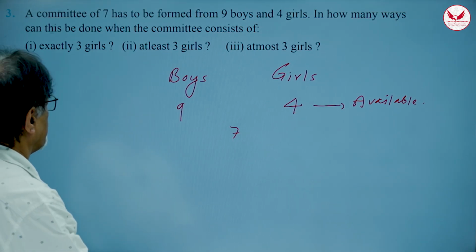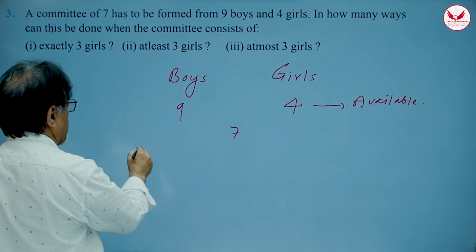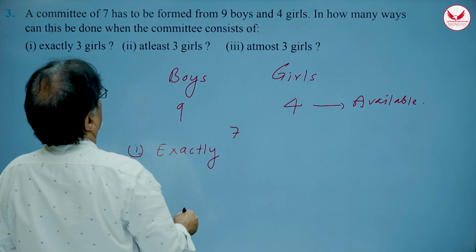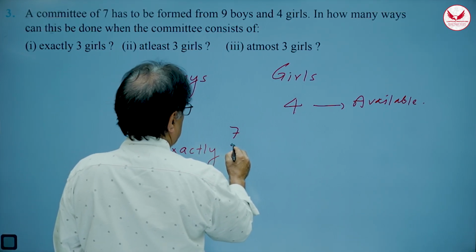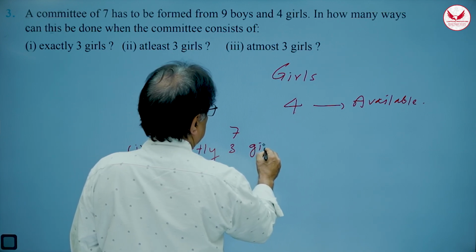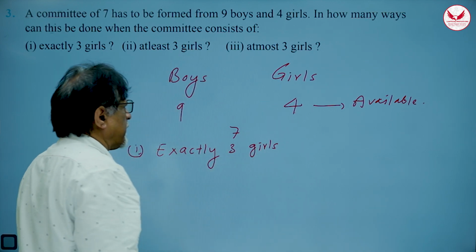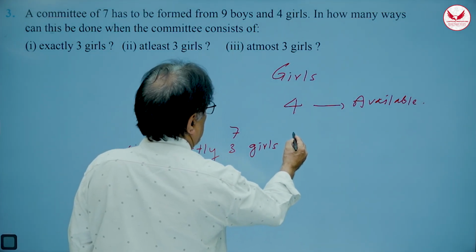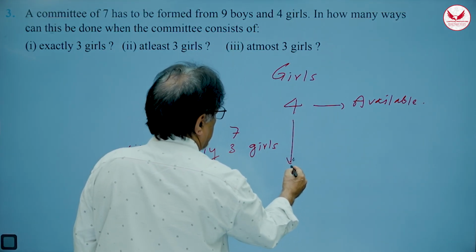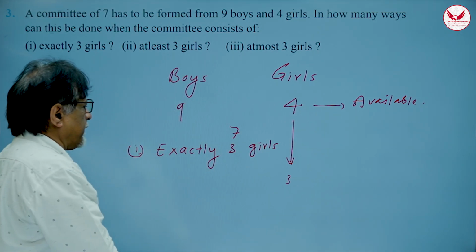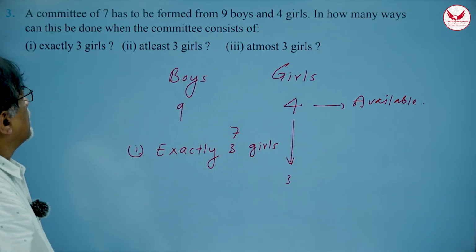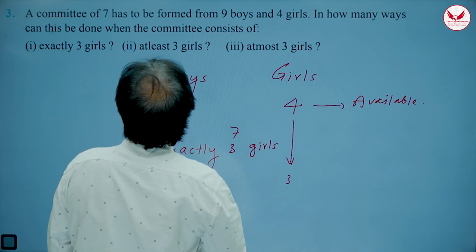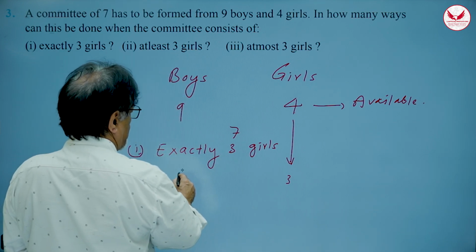But what is the condition for the first problem? So the first question is exactly 3 girls. Now, since you want exactly 3 girls, obviously you are going to select 3 girls out of 4, right? So 3 girls out of 4, and the remaining have to be boys. The committee contains 7 members. Out of that, 3 are girls. So 4 are boys, right? So 4 boys are to be